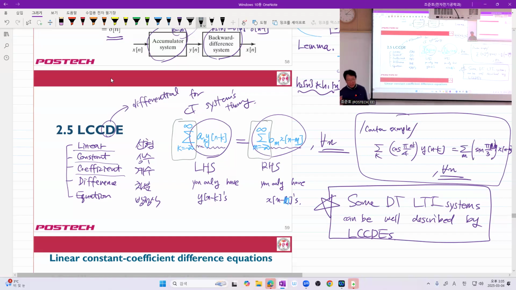Some DT LTI systems are very hard to represent by LCCDE. So be careful. Some DT systems can be well described. And you may say that, okay, so the professor says LCCDE has some limitation in handling DT LTI systems. Yes, I'm saying that LCCDE is not omni-powerful, okay? It's not fully powerful, but it's very, very powerful because